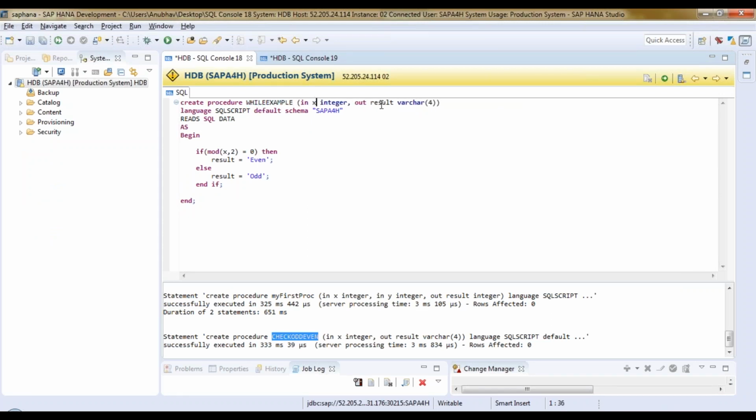I will pass again x and I will have a result variable of integer type as an output. So I will pass the value of x. Now, let's say I am passing the value of x as 10. Okay, so what I want is 1